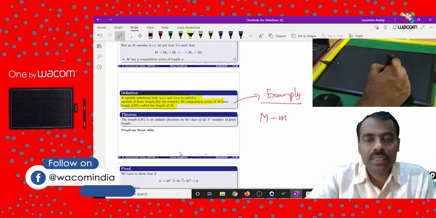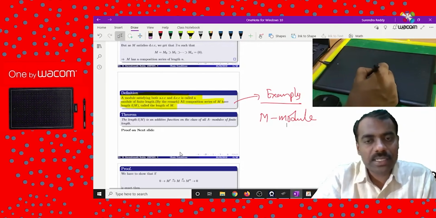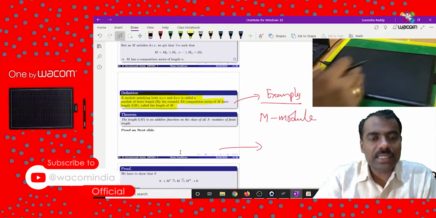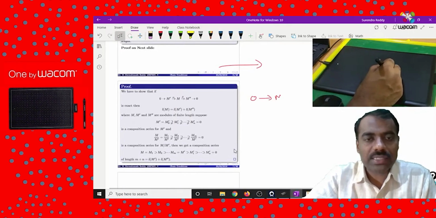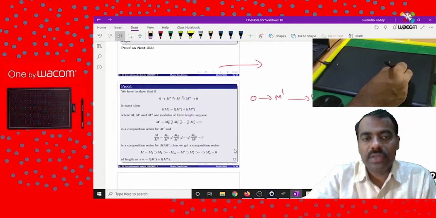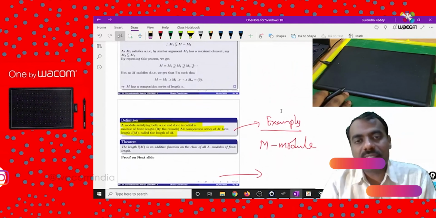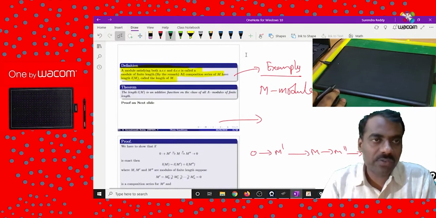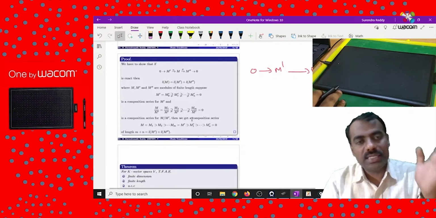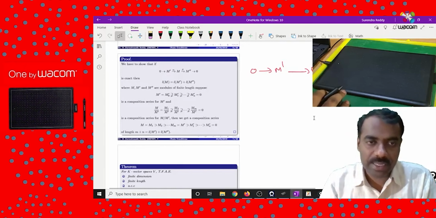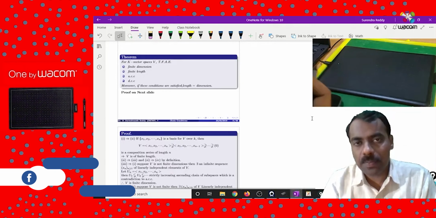Okay, I just won't go into detail here, because this is only for explanation purposes. Whatever we want to write, we can start explaining things. Where we cannot write many things on our presentation, then we can start writing, and we can explain to our students, and they will understand far better. And we can share everything with our students as a PDF file. If you just press Control P and save it as a PDF file, you can share it with your students; this PDF will be there, as well as your explanation. This is one of the best advantages of having OneNote as well as a pen tablet, right?